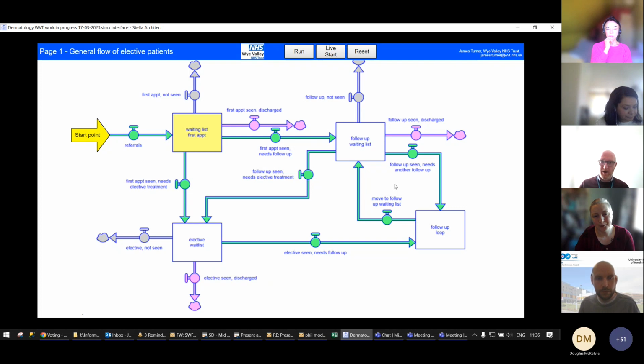And depending on where you are in that journey, you can follow the green flow of arrows, let's say, and you move around the various waiting list stocks, which are highlighted in the boxes. You can go around loops and whatnot, go around follow-ups and back to inpatients or elective lists and back to follow-ups. But you never end up coming back to a first appointment waiting list. Once that's done, it's always done. And that's where I've ended up focusing